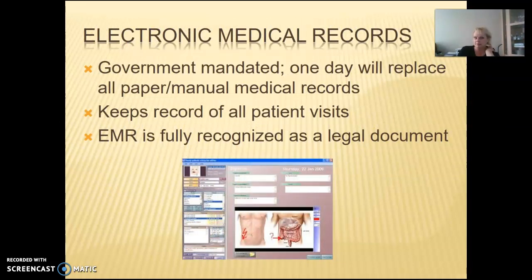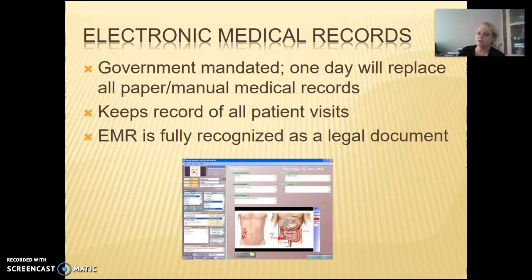With electronic medical records, we started doing this with the 2009 Act. And now, there's a transition period, but I would say most medical practices use EMRs. With EMRs, everything is on your computer. The one downside